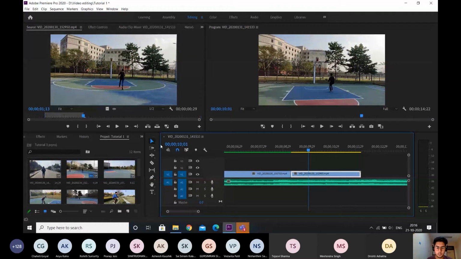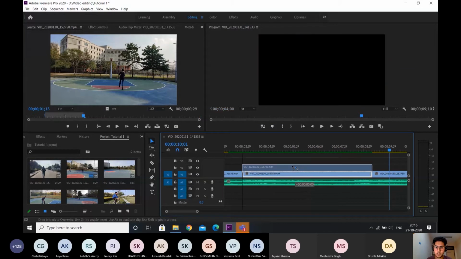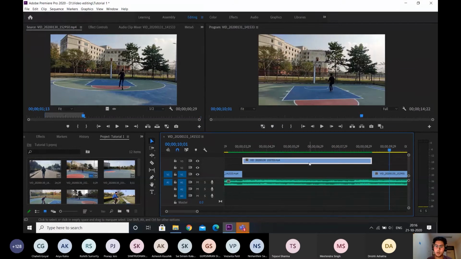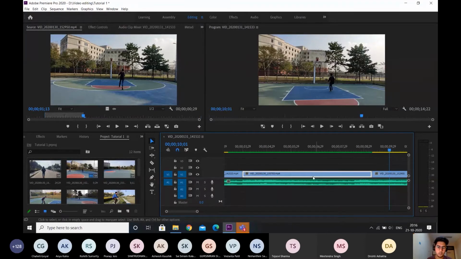And now the selection tool is basically this one, the topmost in the toolbox. So the selection tool is activated by pressing V, and as soon as you press V, this icon becomes blue. The selection tool helps you to grab and change the position of any item on the timeline. So I'll click on this, hold, and then I'll drag it back down. So the selection tool helps us in all that.